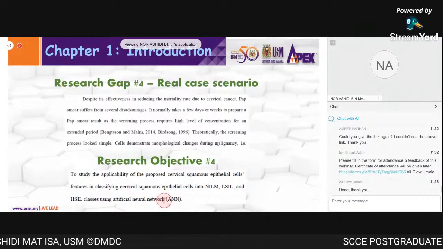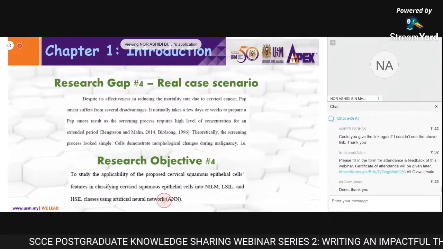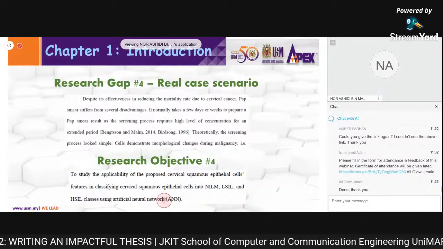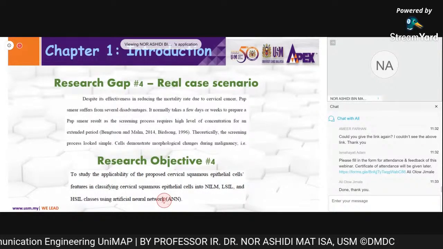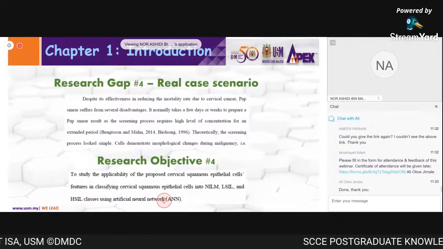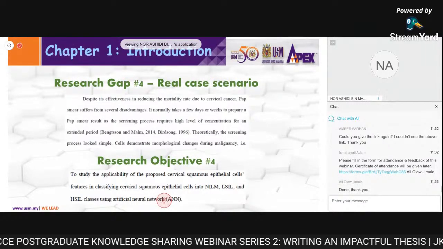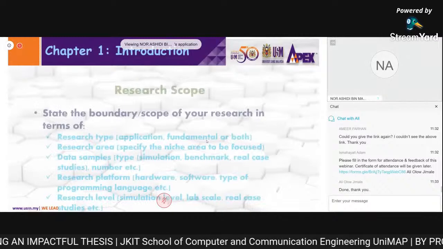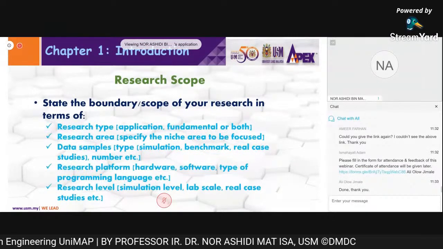But the main part is the first 3 objectives, because they are specifically focused on those niche areas. Okay, so objective for gap 1, gap 2, and gap 3. Gap 4 is only additional, because at the end of the day she had time and managed to combine everything to develop one complete system to differentiate between normal, low C, and high C. Okay, so you need to make sure that you know this is the research gap, this is the objective. Okay. Now, about the research scope, as I mentioned, you need to state the boundary of the scope of your research gap.